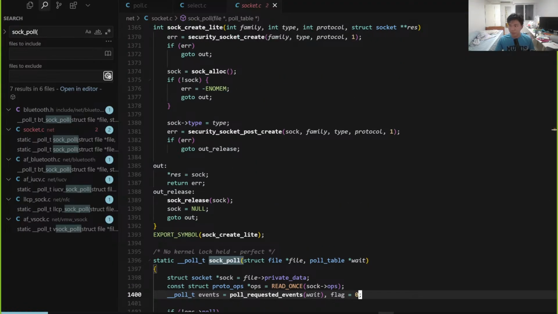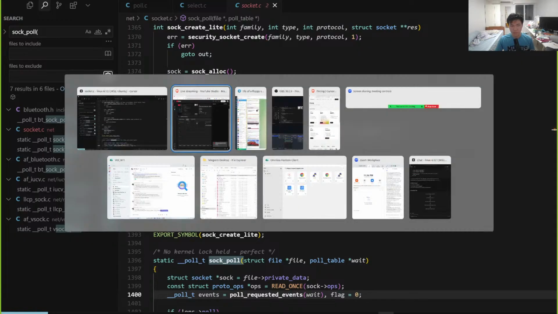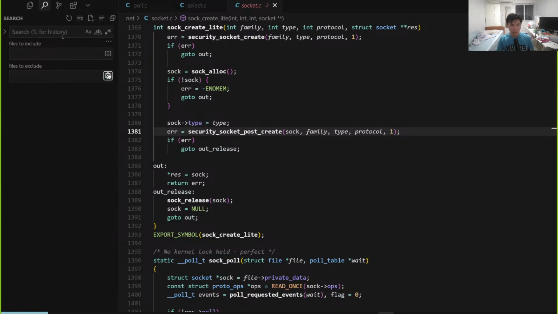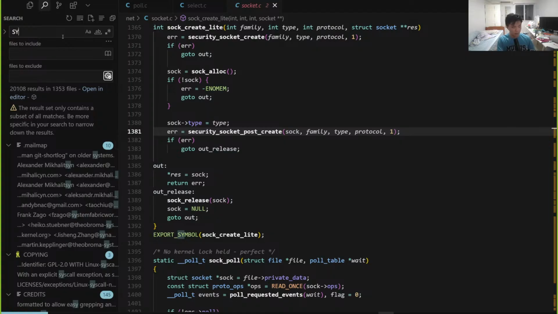I think the best place to begin, usually, for a kernel source dive is, in my opinion, to look at the syscalls. So let's try to understand the entry point. Usually the format for the kernel syscalls will be of the form